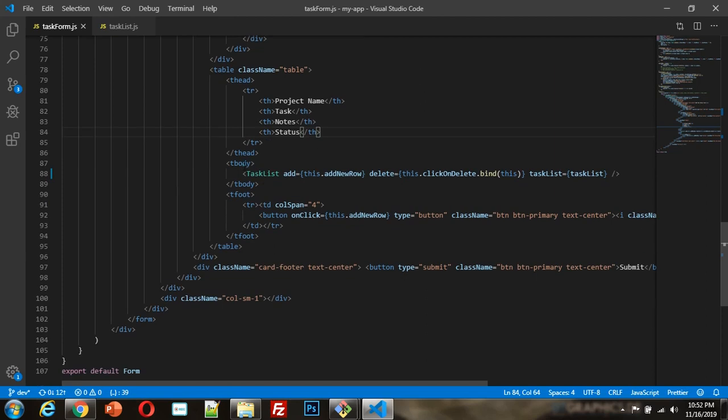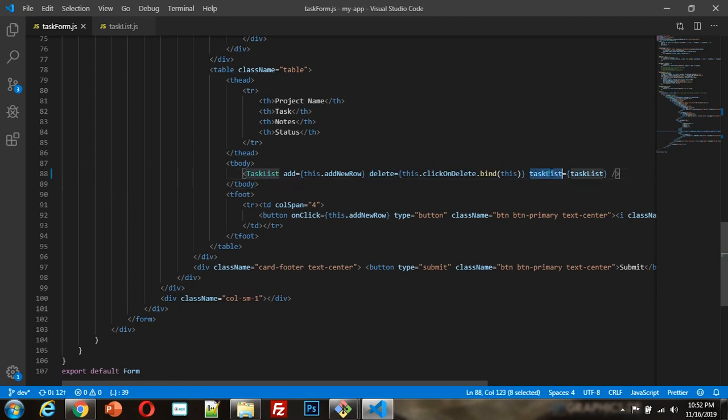And for the body part, I have written all this code in another file, means I made a functional component for this, and I pass some parameters. Whenever I click on the add button, the add property will control these things, and delete will delete that particular row, handled by this click, the delete property. So I pass some values, like data delete, as a property.